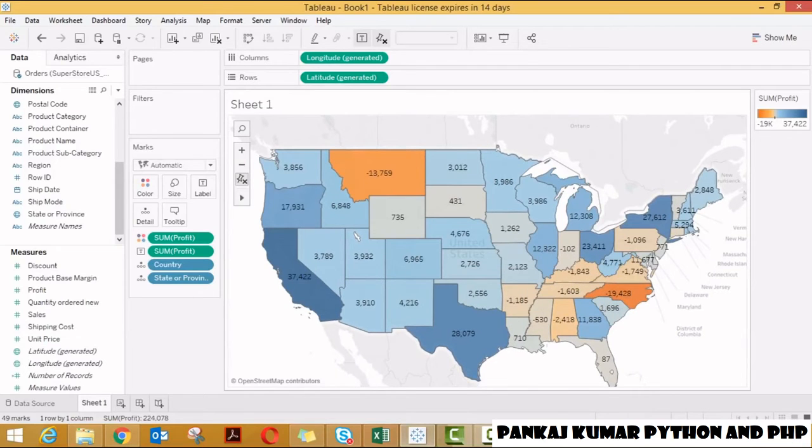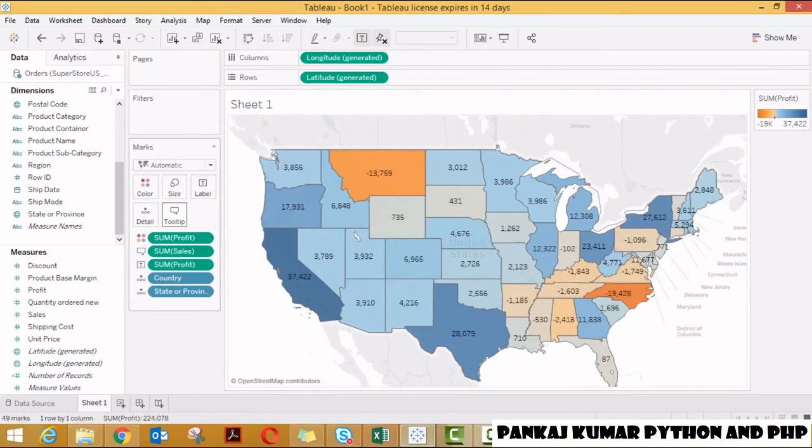So this is to have a clear picture of this. So guys, here we have the numbers. Okay, so suppose for example, when we mouse over it, you can see the color, state, and profit, these three variables, right? Suppose if you want to add another variable, if you want to analyze another variable as a measure, what you can do is just add the sales to